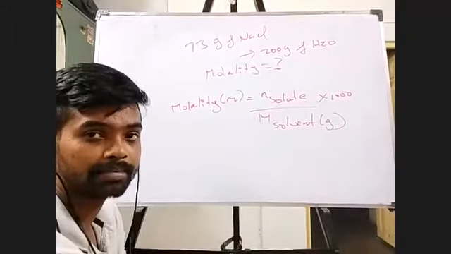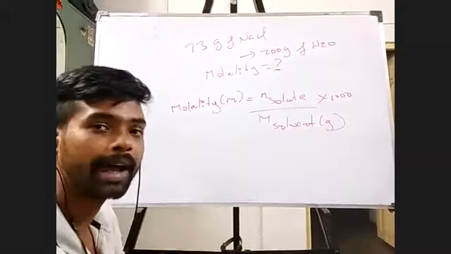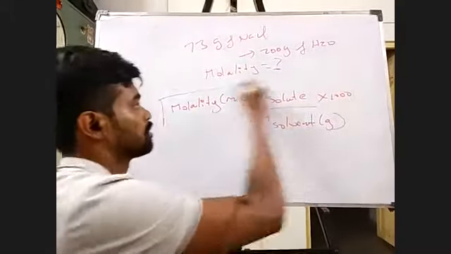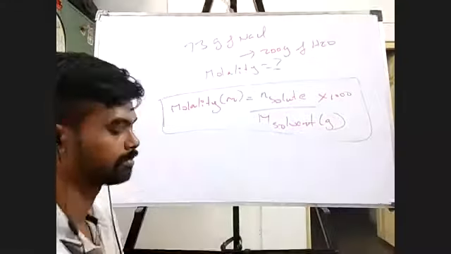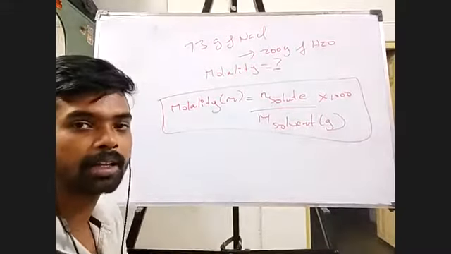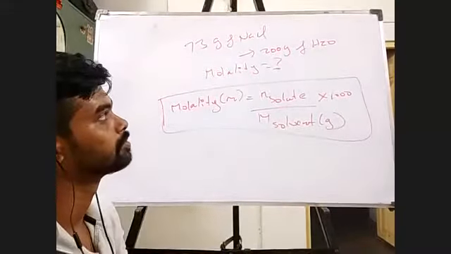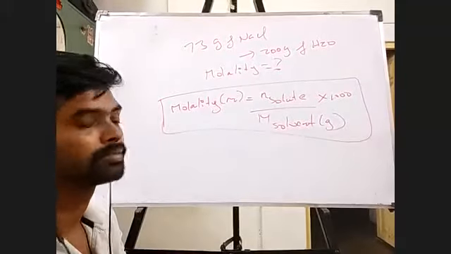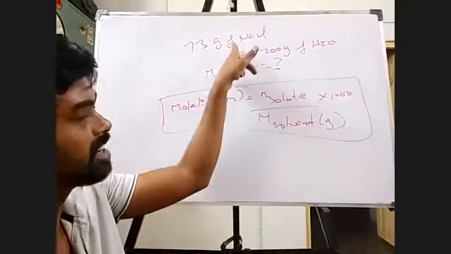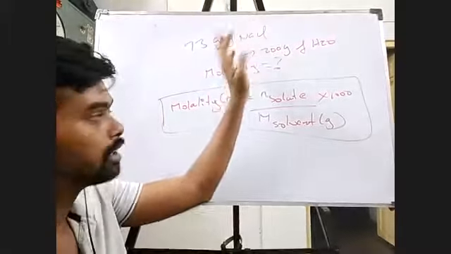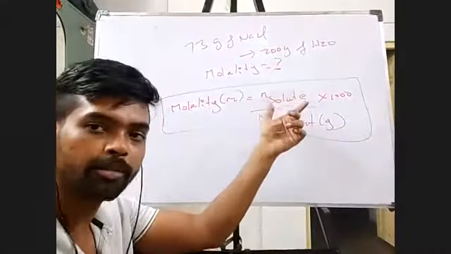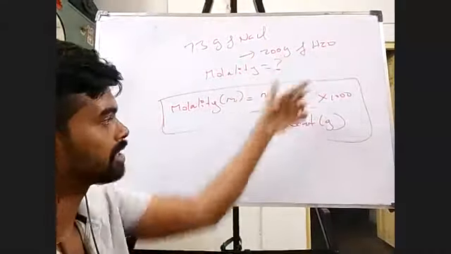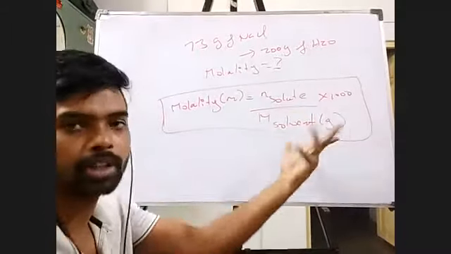So what is the answer? I mean, the formula for molality. You have to know this. Now can you do the problem and tell me the answer? So in this case, the solute is NaCl. First I have to find the number of moles of NaCl. Mass of solvent is directly given, and then it's into 1000. That's it.